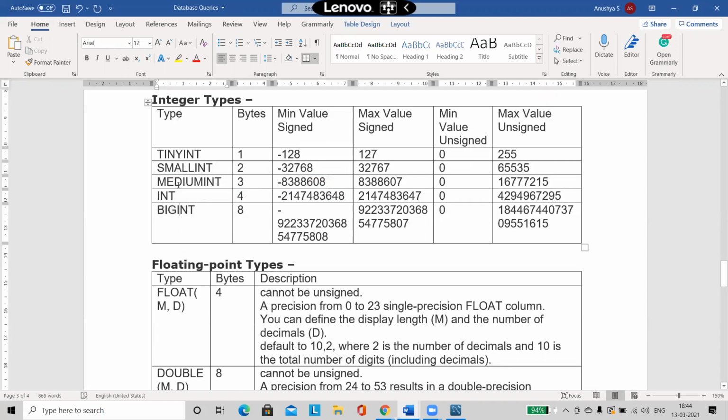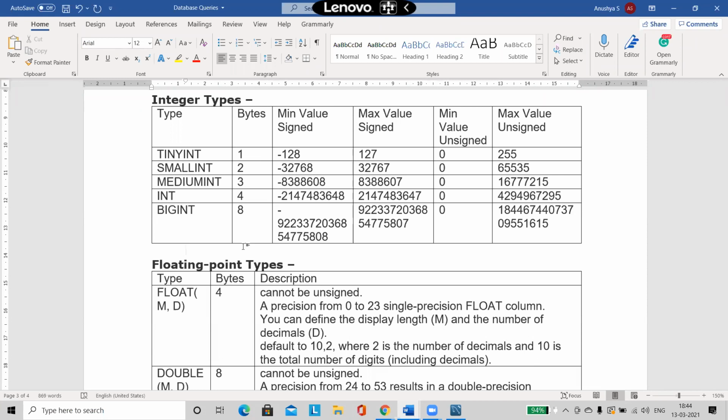Now you may ask, why do we have so many? Because each one's memory capacity is going to be different according to my requirement. For example, I am going to create a column called age. What is the maximum value age can be? Can a person live for 100 years, 150 years, 200 years?